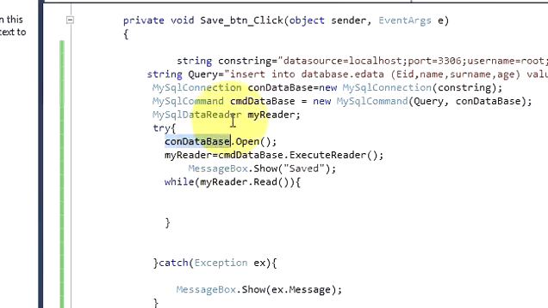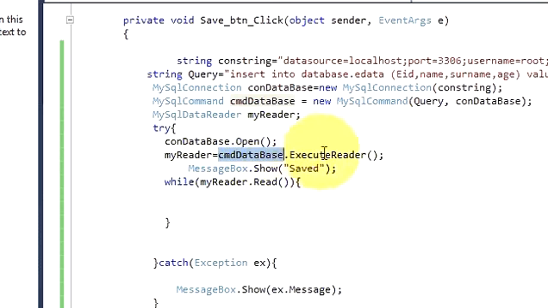So copy your MySQL command variable dot open bracket and bracket closed, then copy this MySQL data reader variable is equal to command database variable, this one, copy this dot execute reader,